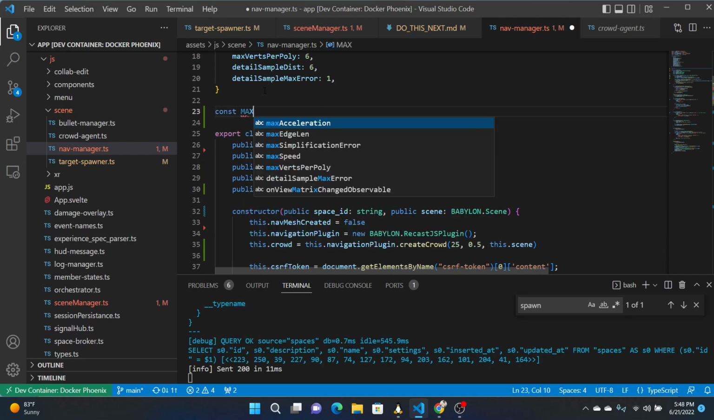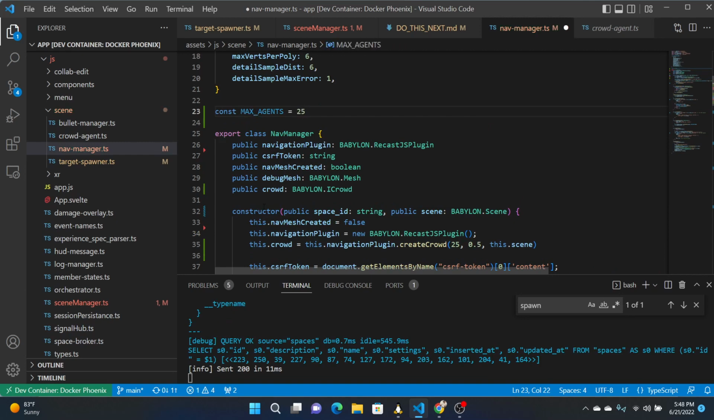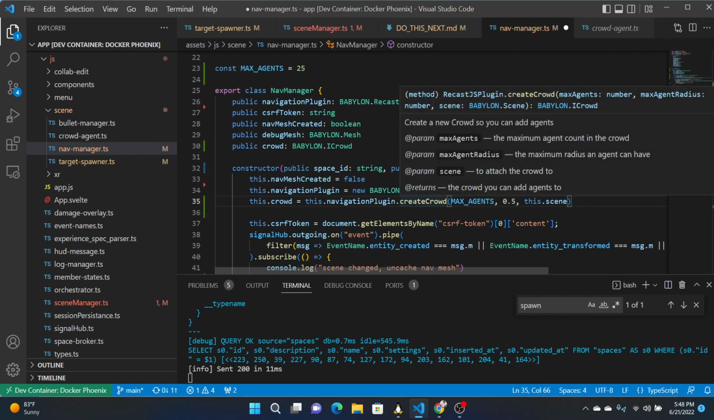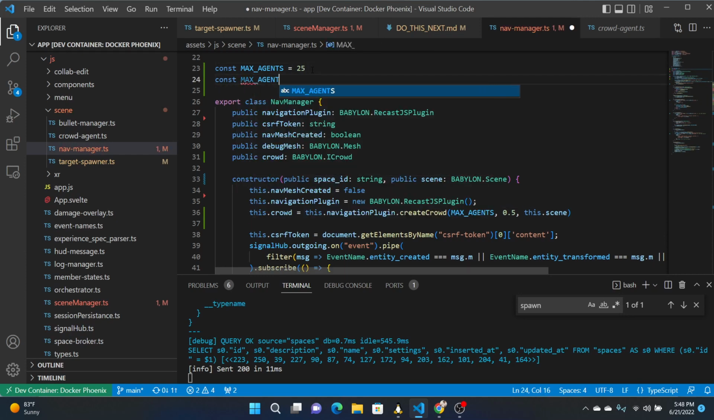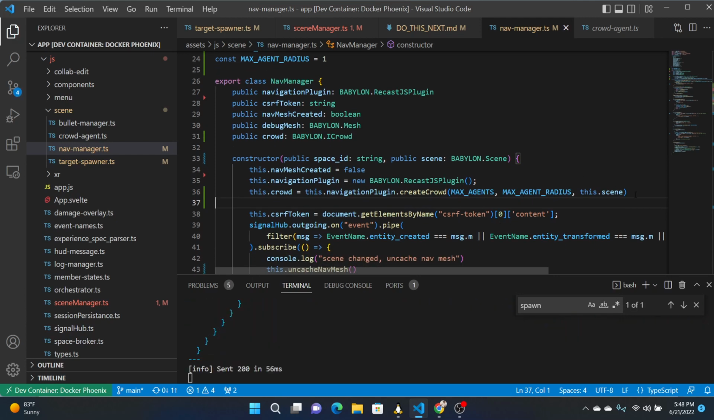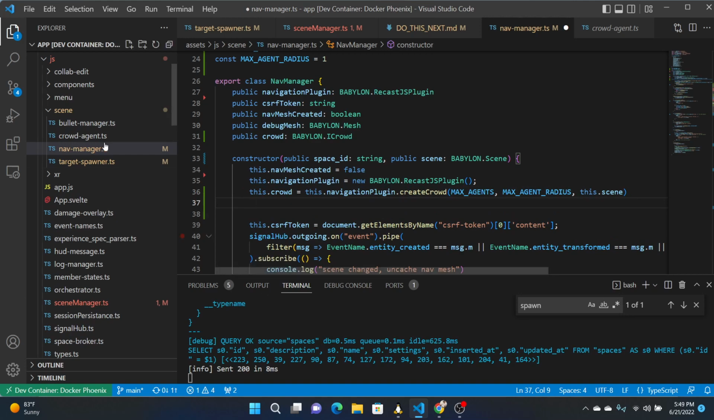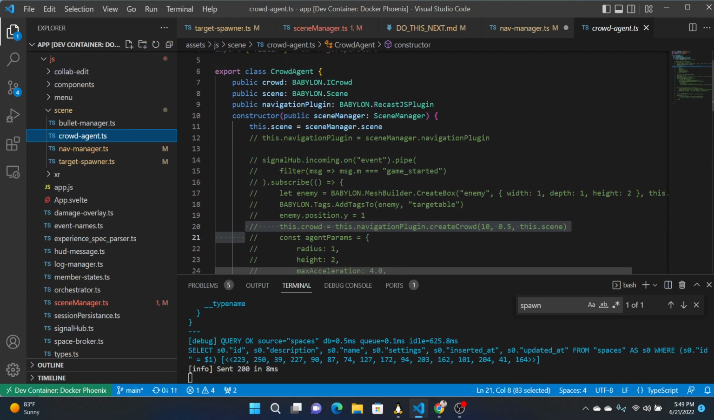Const max agents equal 25. Max agents. And what is this? This next one is max agent radius. Const max agent radius equal, let's say, 1 meter. Alright, so now we have a crowd. Now let's create an agent. So here we'll just pass in